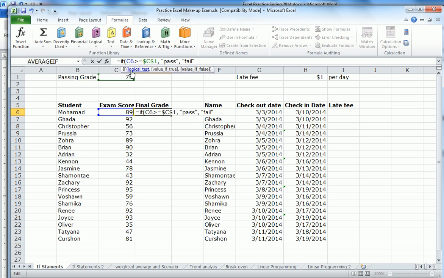So it starts with an equal sign, if, open the parentheses, click on the cell that you want to check, compare it either with greater than, less than, equal to. Here we are saying greater than or equal to C1, which is the value 70. And we have to fix C1 because I will always be comparing all of these scores with 70. And then I put a comma and I put the value if true. If it is greater than or equal to 70, then insert the value pass, otherwise insert fail. And I close the parentheses